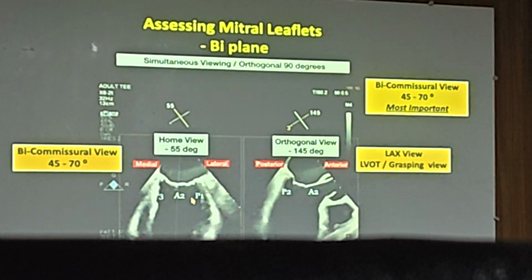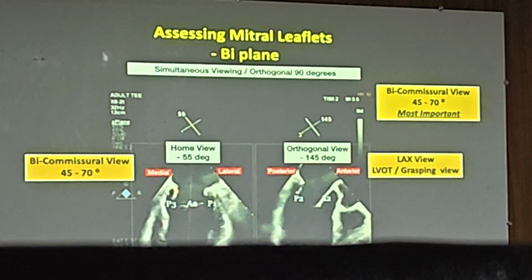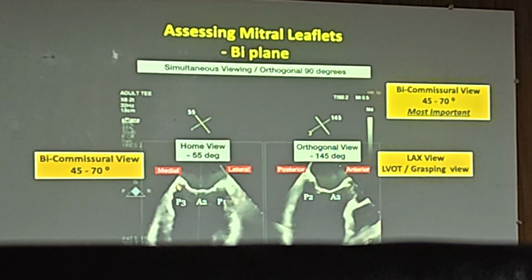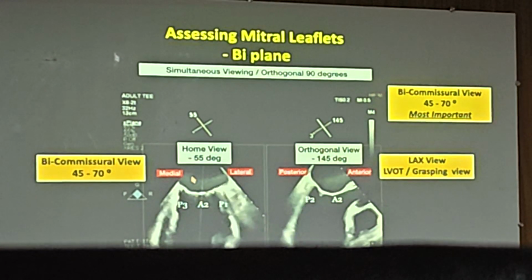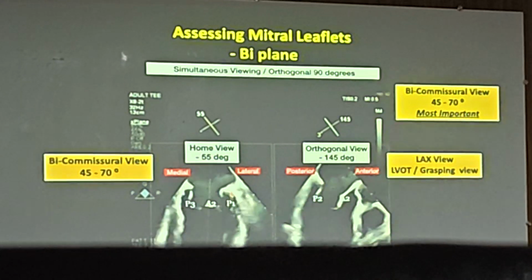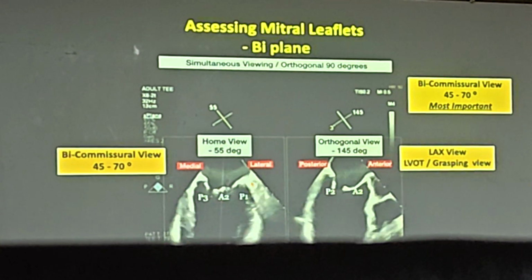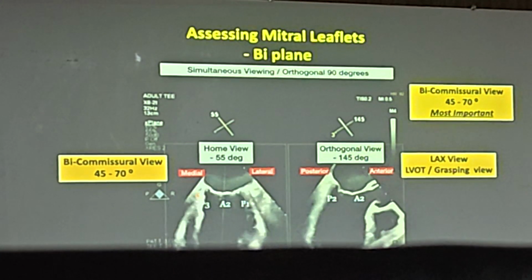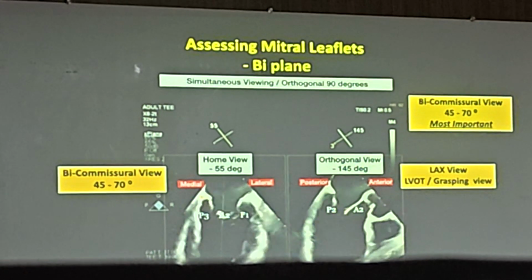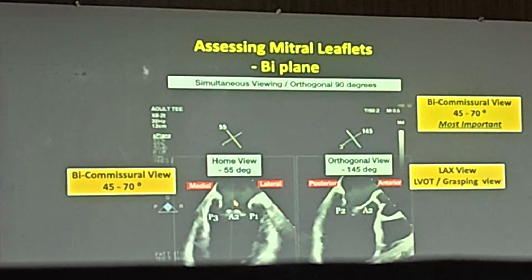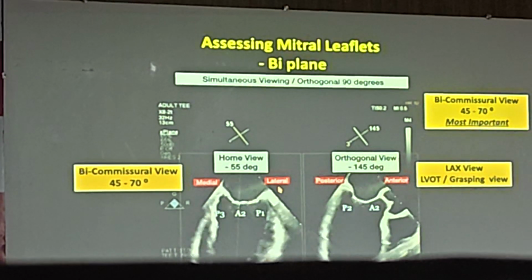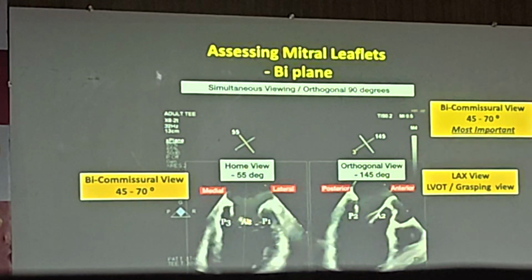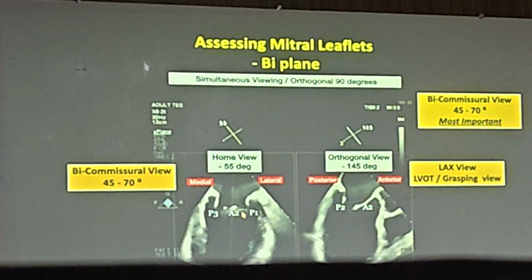And then the orientation. The bicommissural views are anywhere from 45 to 70 degrees, so you will have to move your degrees back and forth to get a good one. In this view, this side is the appendage, so it's always going to be lateral, and this side is medial, where the tricuspid valve is. Anytime you look at this bicommissural view, you need to understand which is lateral and which is medial, and these three segments. These are all very standardized.